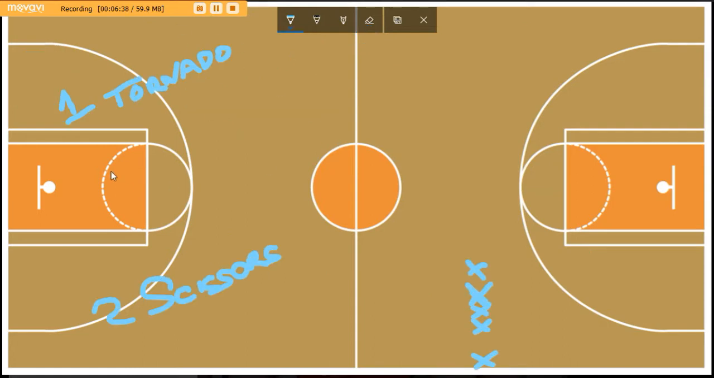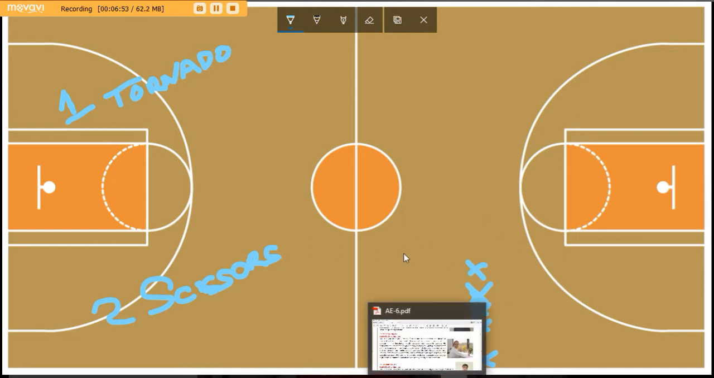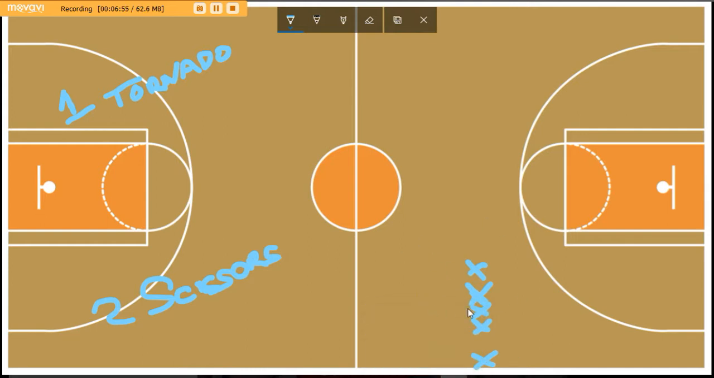Okay, so here are our 2 out-of-bounds plays. Our first one is Tornado. And what Tornado does is it allows us to get an open layup. We ran this a few times in practice. We told 4 of the girls what we were doing. We told the other 3 girls that were on defense nothing about the play, and it ended up being wide open multiple times. So what it is if we have a sideline throw-in,